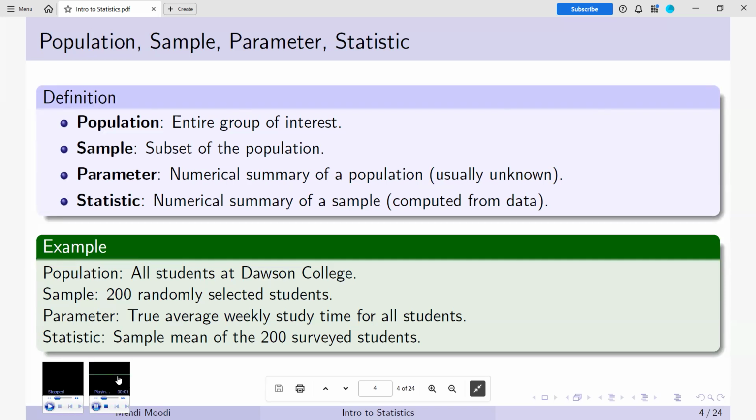Here's another example. The true average saltiness of the entire oceans on Earth is a parameter. We can't possibly ever know the exact value of this parameter. A statistic is the number we get from our sample, like the average saltiness from 100 jars of water collected from different spots. If you use correct sampling techniques, your statistic would be a good estimation for the parameter. However, if those jars mostly come from river deltas, your statistic will underestimate the saltiness of the whole ocean. That's the danger of a biased sample. You don't just miss the big picture, you get a completely distorted one.